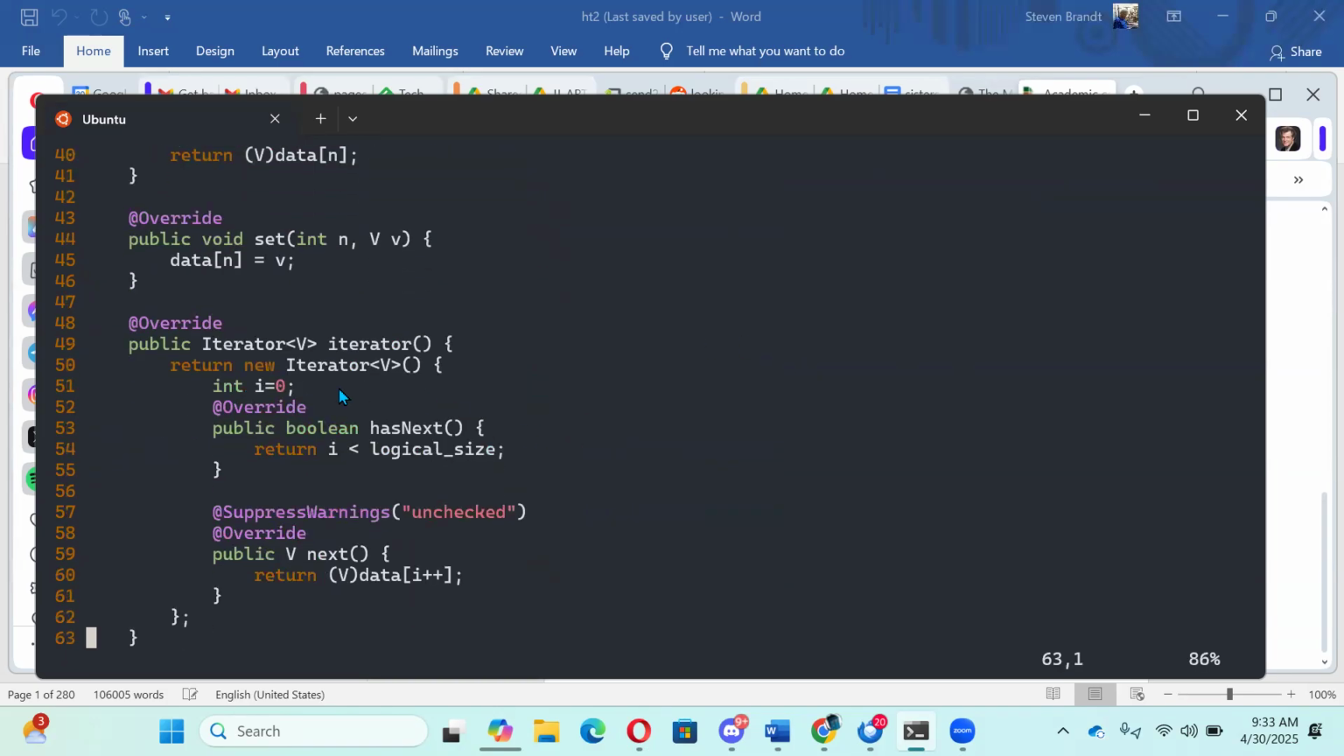And here I have my iterator. My iterator is going to be over things of type V. So I can return a new iterator of type V. And then I have my hasNext, and my next method returns V. Okay, now the tricky part